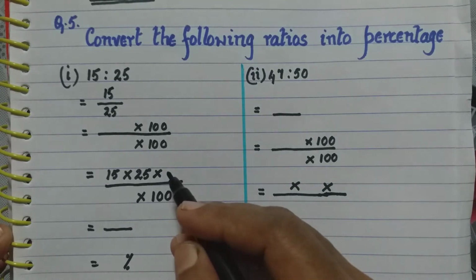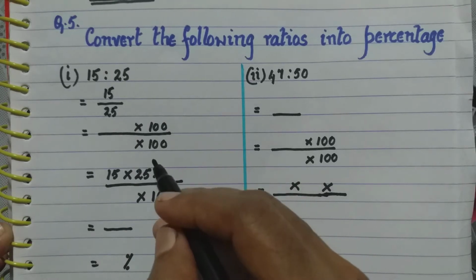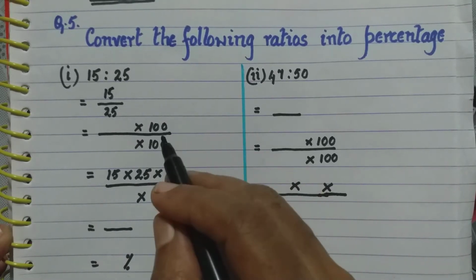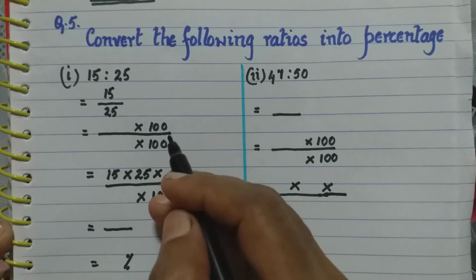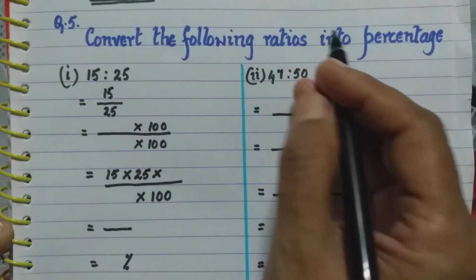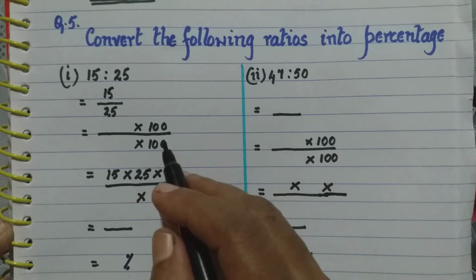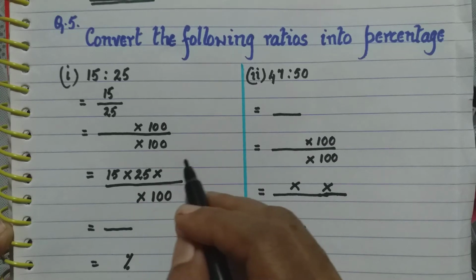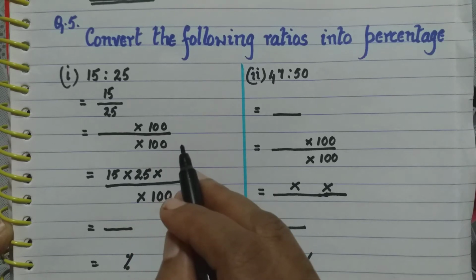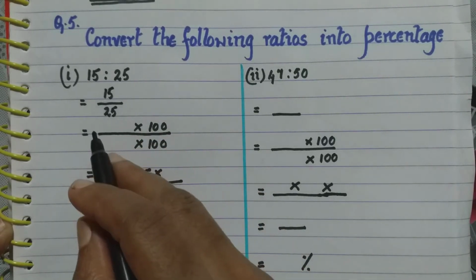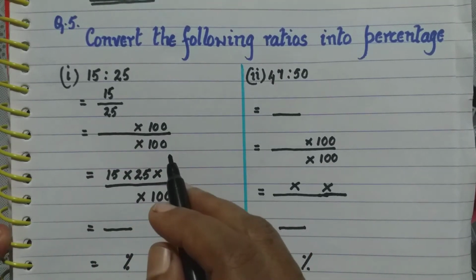So if I multiply and divide by 100, the fraction will not change, it will remain as it is, because 100 goes in 100 once, so both of them can cancel. So that is why we multiply and divide by 100. And further we want the answer in percentage, and you have learnt earlier that percentage is upon 100. So once we write this upon 100, this part of the fraction we leave as it is and do not cancel it, even if it is common with any of the factors in the numerator. We leave this 100 as it is.